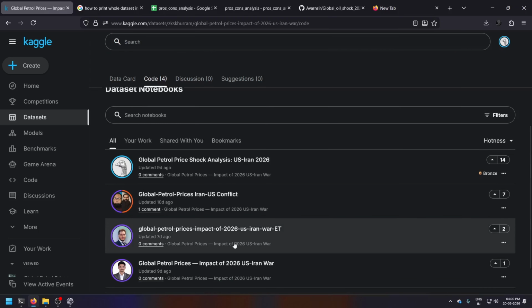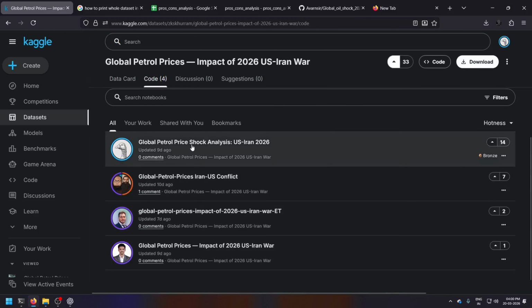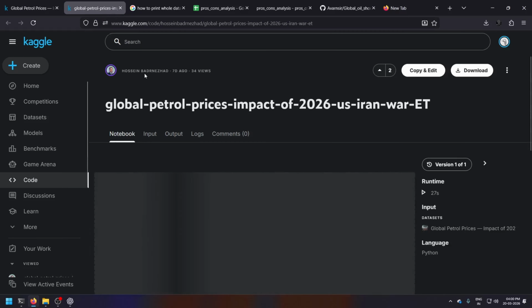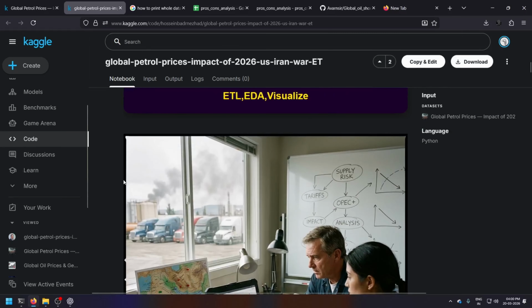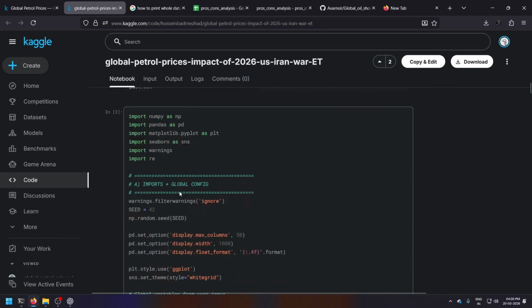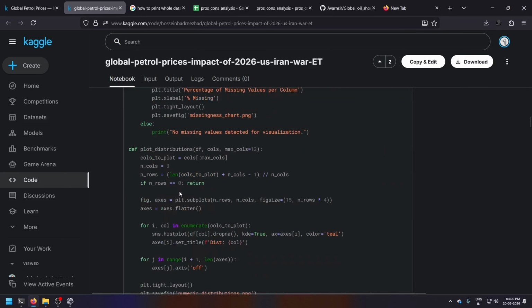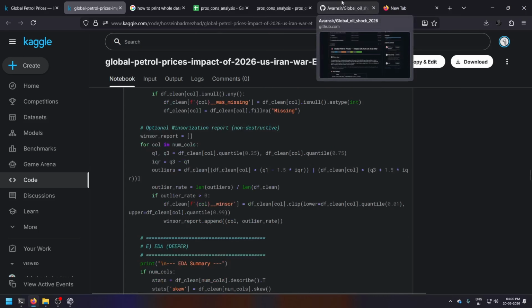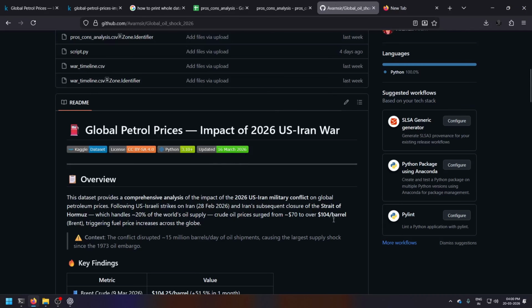Like you can see there are no comments right now, but there are people who uploaded their Jupyter notebook, like you can see over here. This gentleman wrote how he did importing and working over the whole data set. You can do this as well, but I personally prefer going over here. So yep.